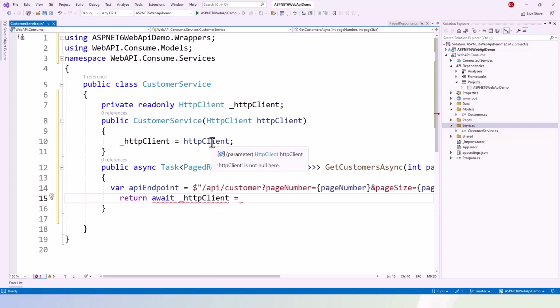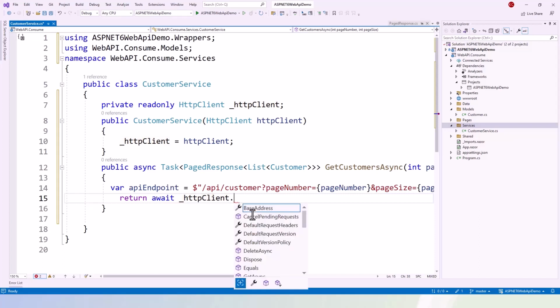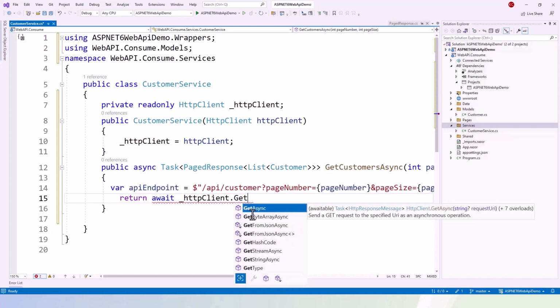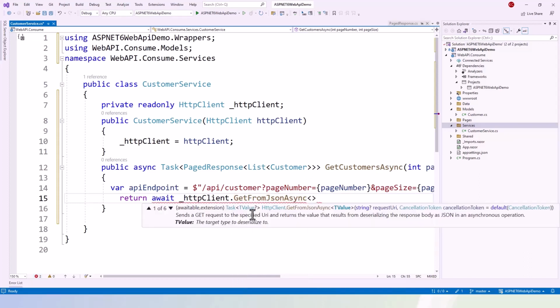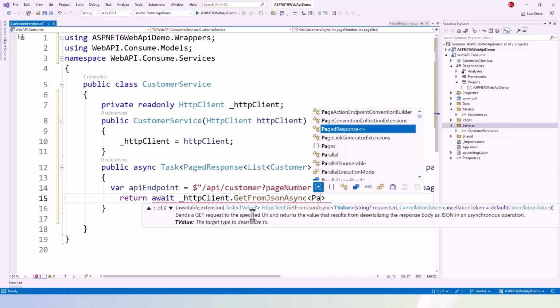So return await HttpClient dot GetFromJsonAsync, and asynchronously from JSON we'll get the PagedResponse